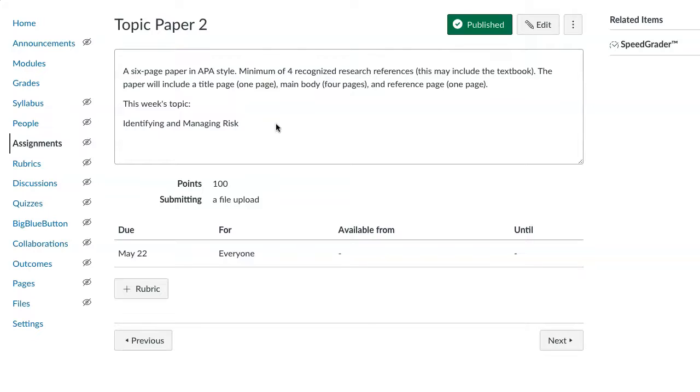Then I look at the body. Do they have the 4 pages? If I see 3 and 1 sentence on the 4th, yeah, some points are coming off. You want to make sure you have at least 3 full pages and I would say a good foothold on that 4th page, I guess half a page, so it'd be like 3.5 plus pages. So make sure you got a good foothold on that 4th page. If you just hit it with a couple of sentences on that 4th page, you will get dinged for lack of content.